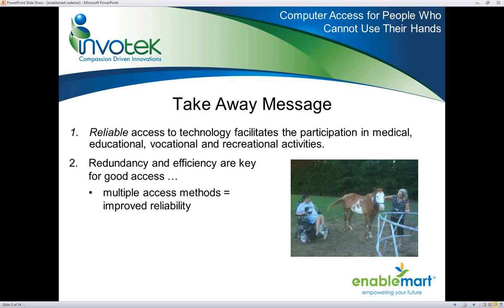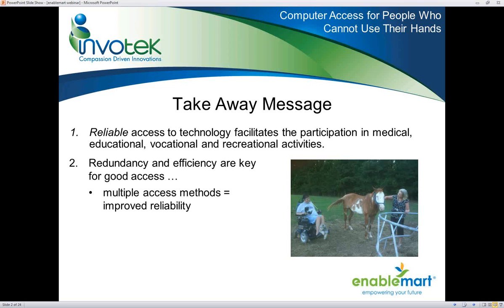So I'm going to talk a lot about this, and it's kind of my mantra lately. Historically, when we evaluated people for assistive technology, we would look for the best way for someone to access something. And then we would pick that best way, and then we would just beat it like a dog. I mean, we would really make people use that access method for everything. What I'm advocating, and what we're finding in our research and with the people we work with, is that when we give people multiple access methods, then when one thing isn't working well,